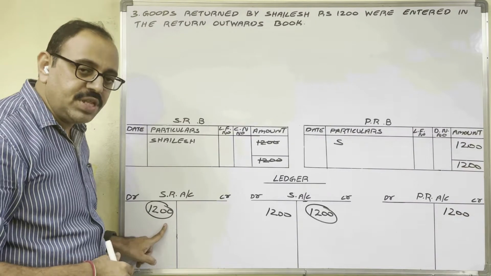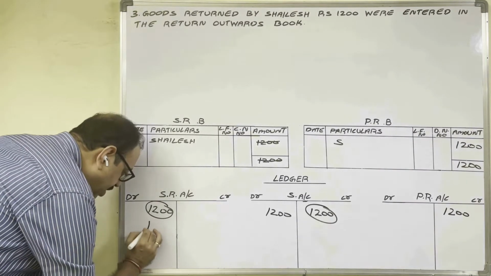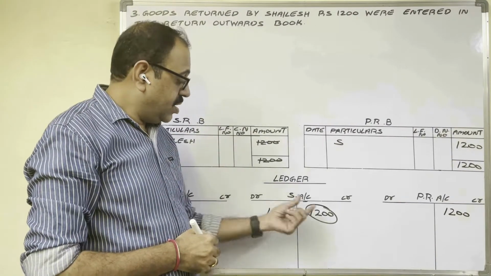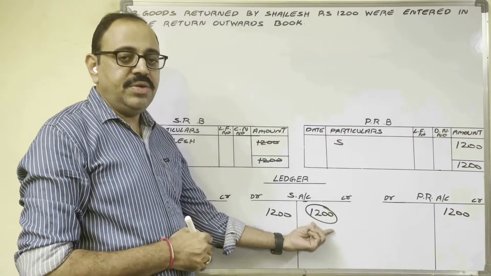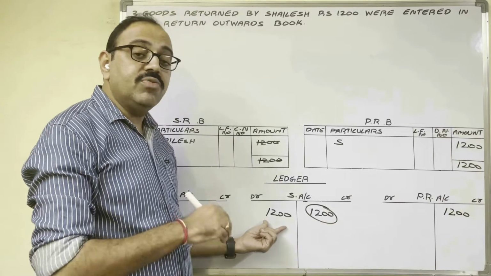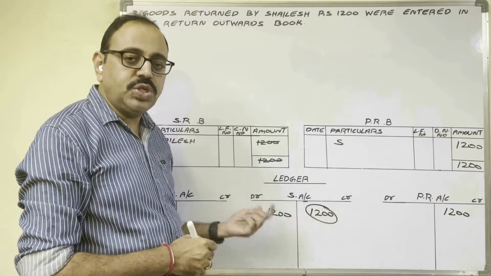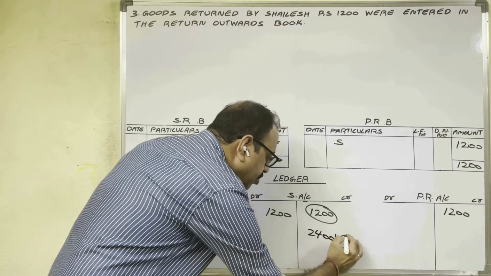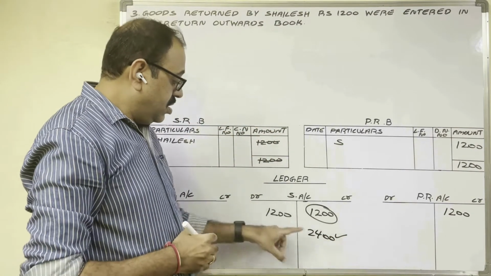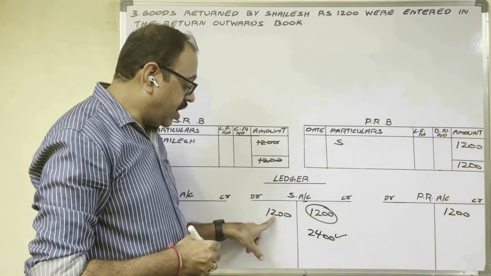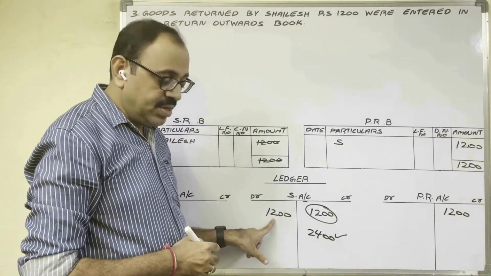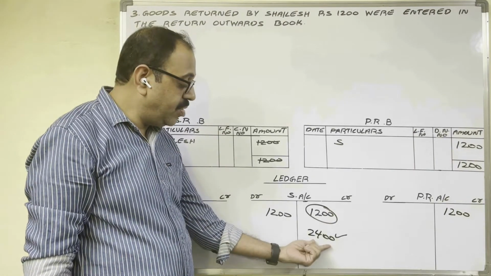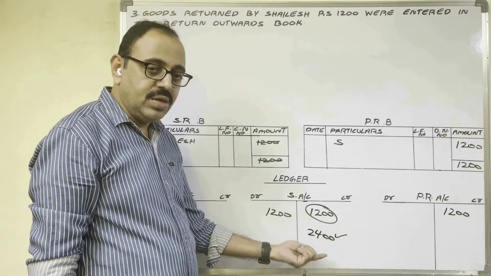How to rectify this mistake? Debit 1200 rupees. In Shailesh's account, two mistakes are there. 1200 was not credited, wrongly 1200 was debited. To rectify these two mistakes, we should credit 2400 rupees. Then the wrongly debited 1200 and the debit 1200 will both get cancelled. In 2400, 1200 is cancelled. Then the remaining amount is 1200. We need that only.